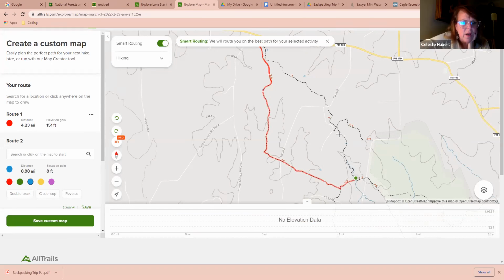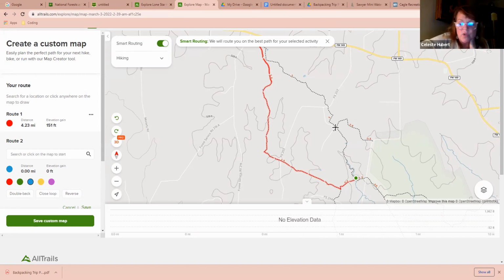Quick question. Do we know at the end of day 1 if there's a place to actually camp there? Are you just hoping there's a flat surface and water? Yeah, that's a great question. What I would say is that the National Forest, the Sam Houston, it's been a long time since I've been there, but generally in national forests there are sometimes campsites that people have established, but you are able to camp anywhere. But generally what you would do is look at this and plan out how far more or less I want to hike, 4 or 5 miles. And then I might look if there's water nearby.